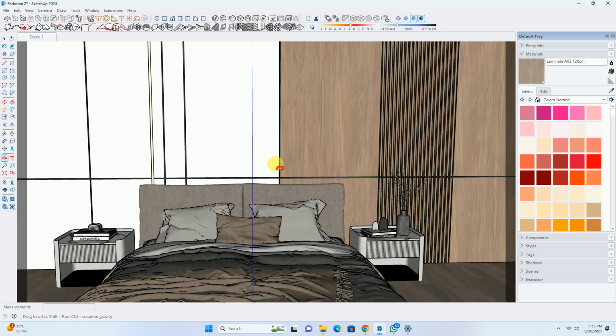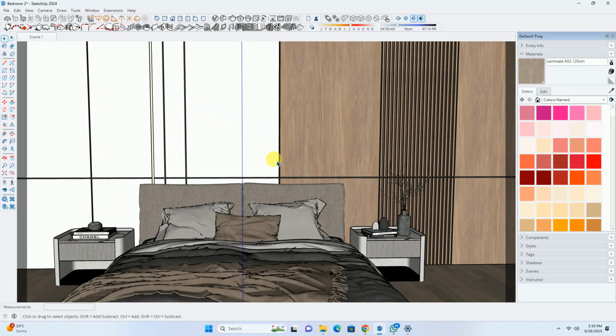So we have moved the camera inside the bedroom.